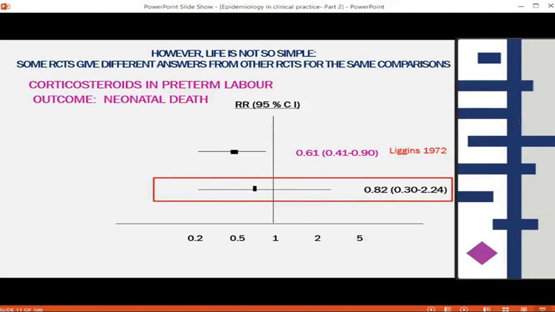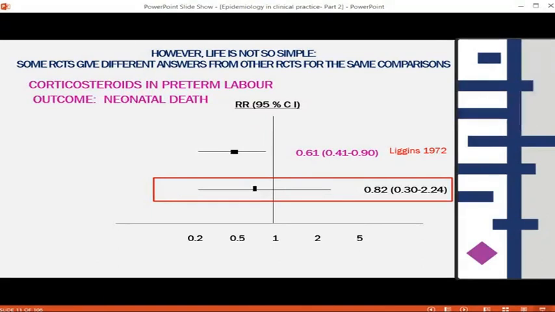So the confidence intervals were wider and also included the possibility of a relative risk of 2.24, although the estimate was 0.82, reduces the risk of death by 18%, and the best estimate was 0.30, reduces the risk of death by 70%. Here, it also suggested there could be an increase in the risk of death by 124%. But it shows that there was at least a doubling of the risk, could be a doubling of the risk. So this is the kind of situation you get where one trial tells you something works and the other tells